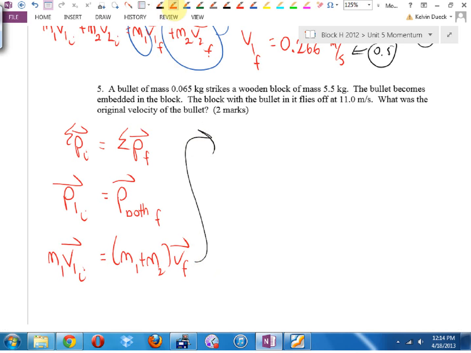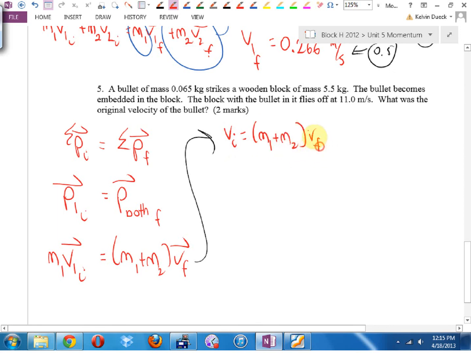By the way, isn't this better than the stupid triangle thing that they teach you in grade 9 or 10? You wrap your brain around it, trickier, but hey, it works for any equation on the planet. And if the equations get tougher, I don't think the rewriting gets that much tougher. You just got to keep track of a few more things. Hopefully I've sold you on it. Anyways, V initial is going to be the mass of both of them added together, V final, divided by,